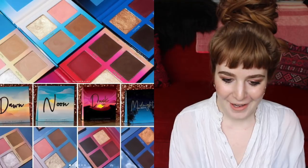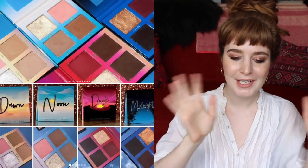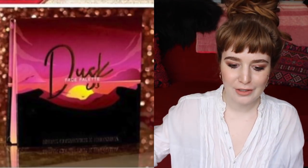But when I first opened it up and I looked at the covers of the palettes, dawn, noon, I was like, oh, dawn to midnight, and then I read through it and it says dawn, noon, duck, and I was like, duck? Why is this palette called duck? If you look closely, you can see that it's trying to say dusk, but then there's a stripe of color across the word, at least in this picture. It says face palette in white writing right across it, and it cuts off the S, and it looks for all the world like it says duck. And that just cracks me up to think about 4 face palettes which are called dawn, noon, duck, and